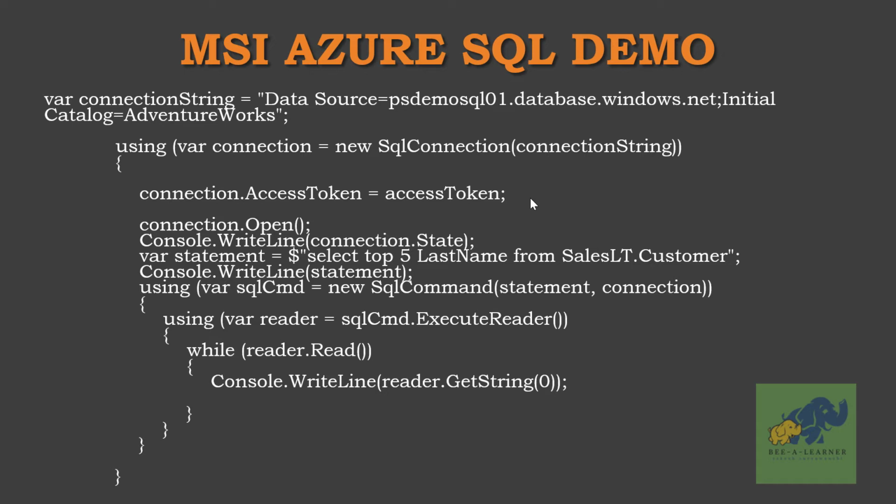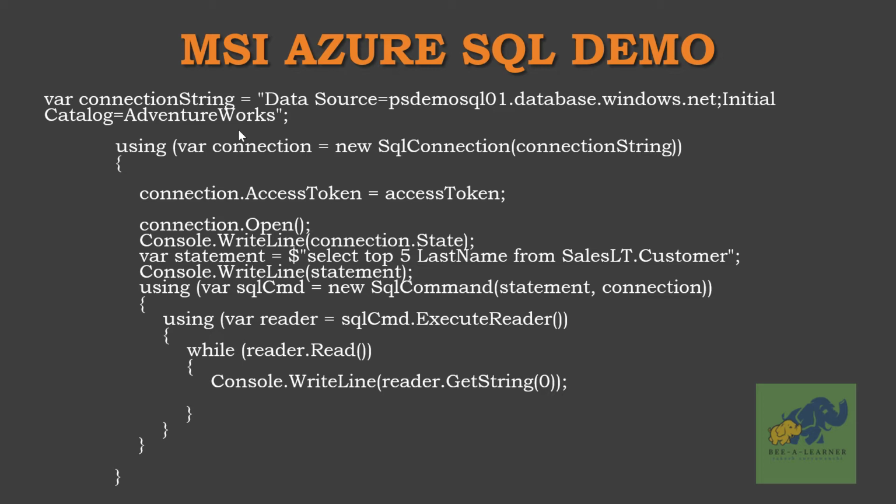The only difference is, while connecting to the SQL Server, if you look carefully, I'm not passing any username and password. I'm just passing the data source, which is the name of the SQL Server, and the database name. So it will work as it used to work in your on-premise cases, with the initial catalog and without username and password, using the inbound connection, using this service principal to connect to your database. The same principle we are applying here with the help of MSI.